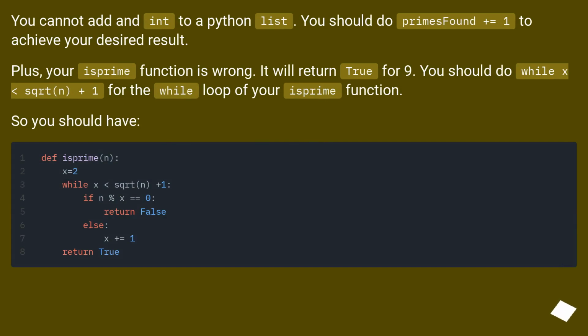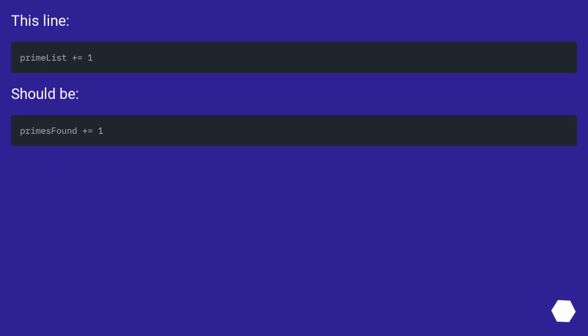You cannot add an int to a Python list. You should do prime_s_found += 1 to achieve your desired result. Plus, your isPrime function is wrong. It will return true for 9. You should do while x is lower than sqrt_n+1 for the while loop of your isPrime function. So you should have this line, this line should be